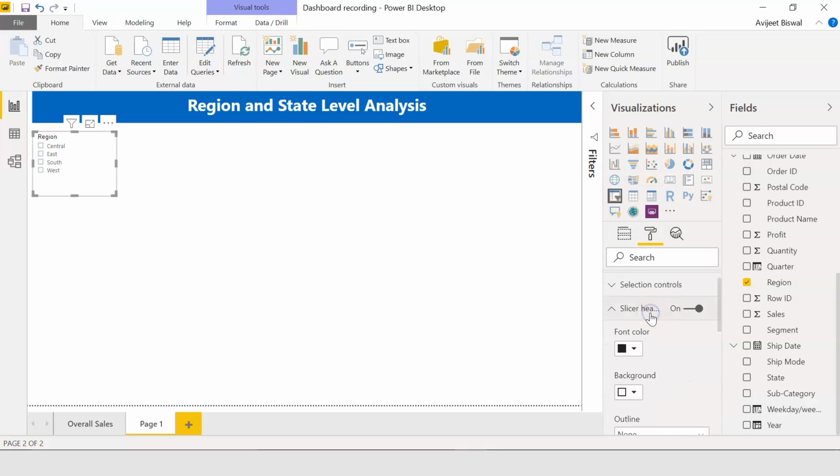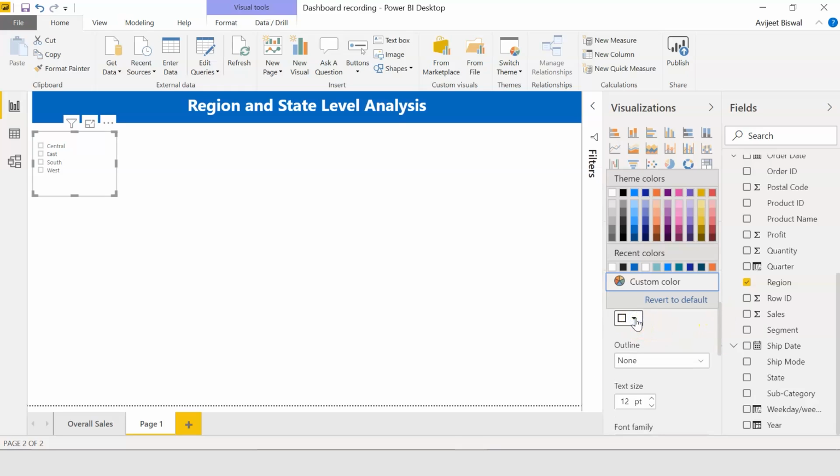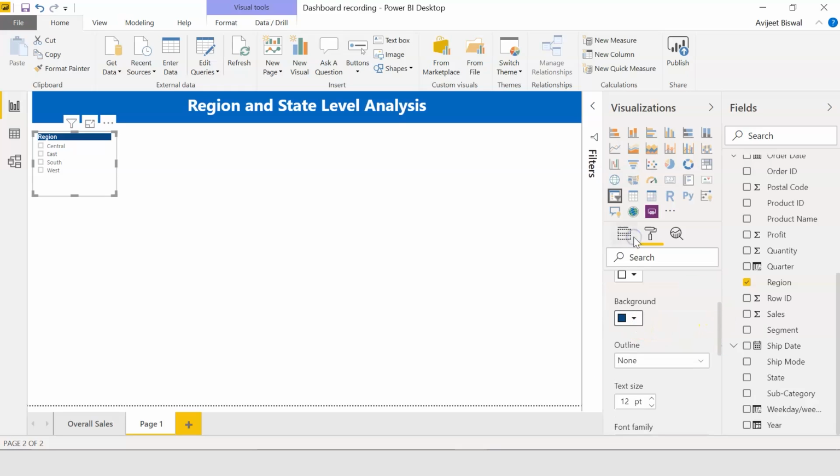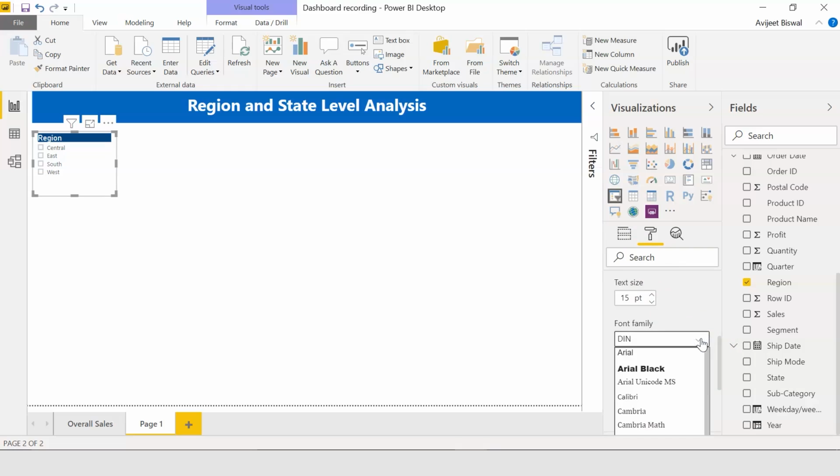Under slicer header, let me make the font color white and let's give a background, let's say blue, and let me increase the text size to say 15. You can also choose a font family.